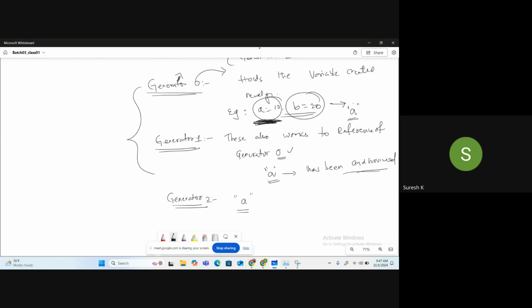Venkat, which variable survived here? Yeah, A. So this A will be kept, B will be removed from memory. This is the whole story behind GC collectors.